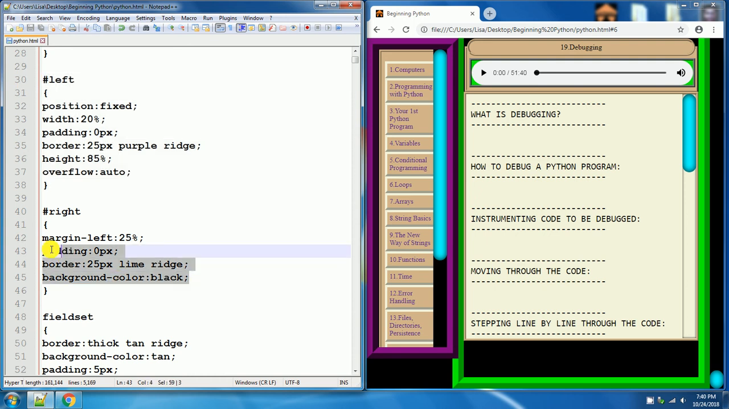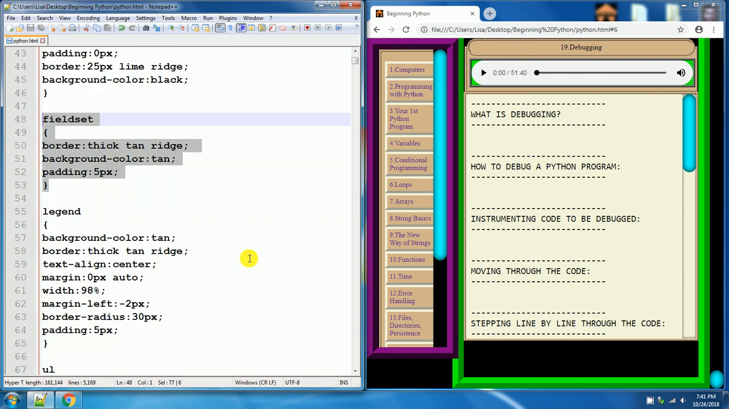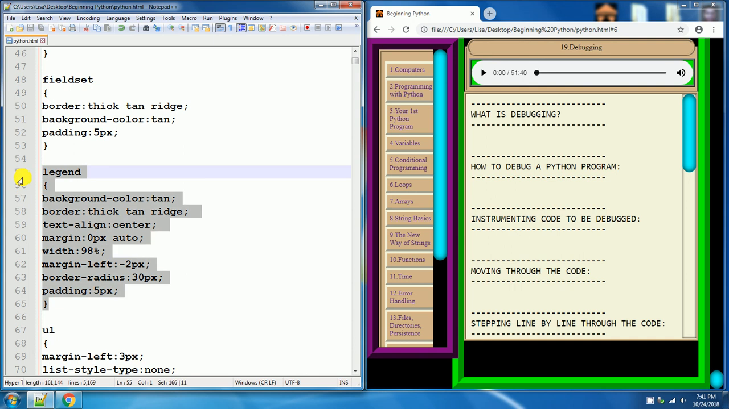You also can see at a glance what div has the ID set to right, because you see border 25 pix lime ridge. So you can see at a glance what part that's dealing with. After that, we have field set styles. And after field set styles, we've got legend styles,